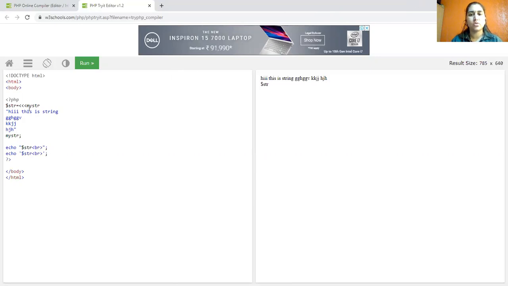You have to enclose it with triple less than, and also write the name in single quotes. And heredoc, which is like a multi-line string, where you can write double quotes, single quotes, any number of lines within the name and its ending name. So these are the basic four types of strings.